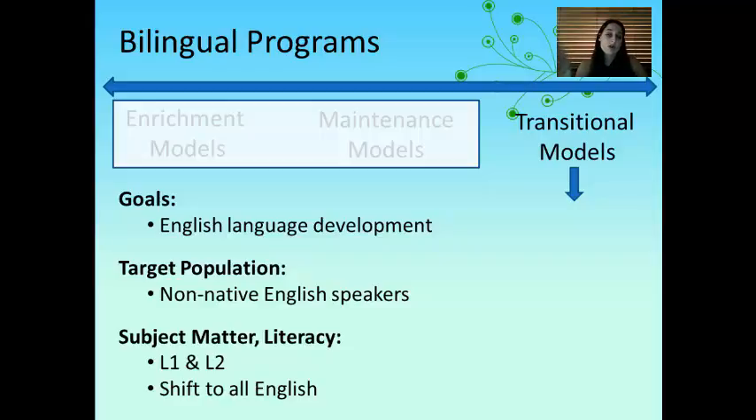And that's why this model is called transitional, because what they're trying to do is transition the English language learner from mostly being instructed in their first language, and then having more and more and more exposure to English, and then lessening the presence of Spanish at the end of the program, so that they are left with basically English. Although this type of model is obviously better than an English-only model, because at least they are getting some support in Spanish,